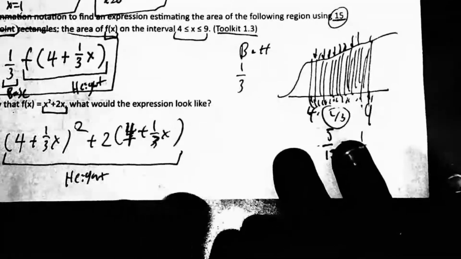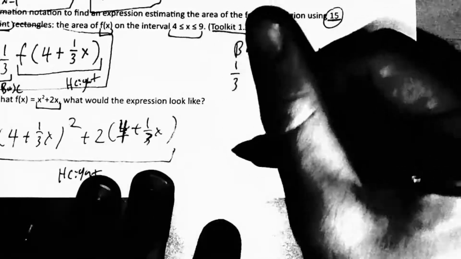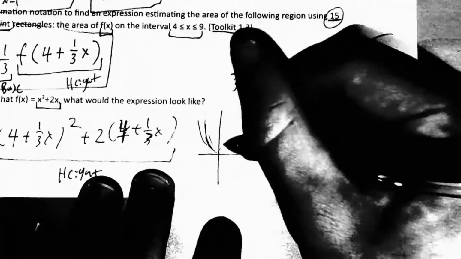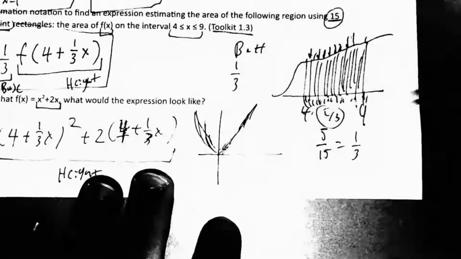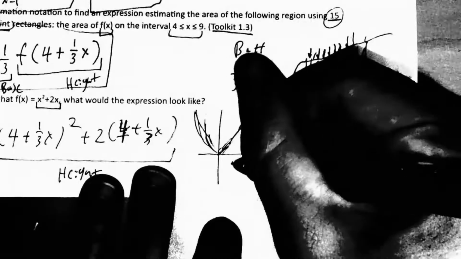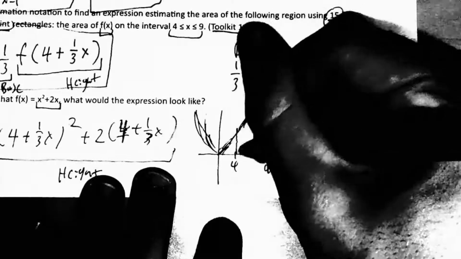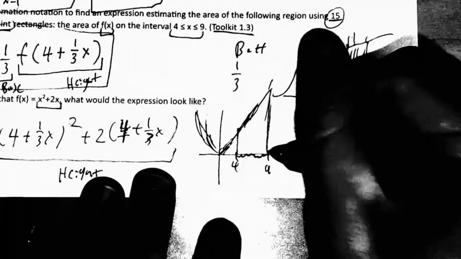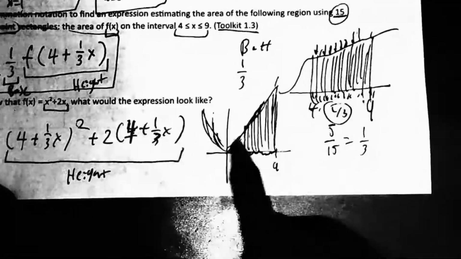So again, what does this function look like? x squared plus 2x is roughly a parabola. It's going to look something like this, right? Roughly. It is a parabola, but it's a little bit different because we have plus 2x. And we're going from 4, let's say 4 here to 9 here. Okay. We've got all the bases, right? These are all 1/3. And then to figure out the heights,